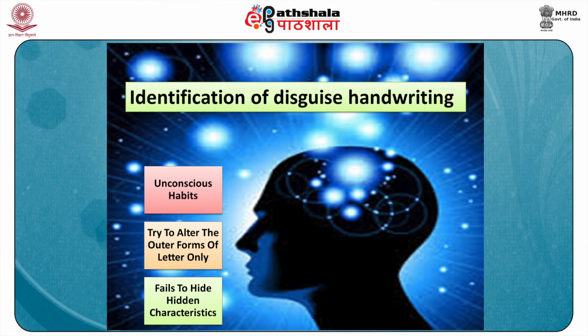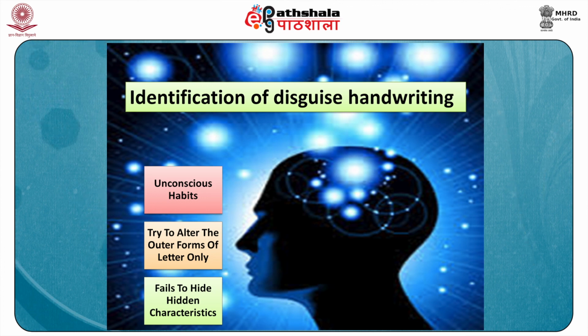Certainly, the writer fails to hide those hidden characteristics with which he is not familiar. The comparison of these silent features enables an examiner to trace out the real person and makes the disguise a vain